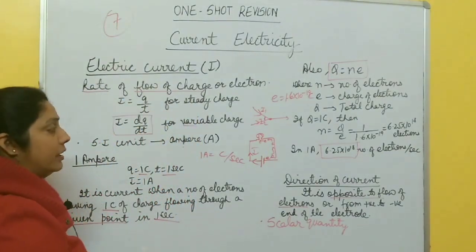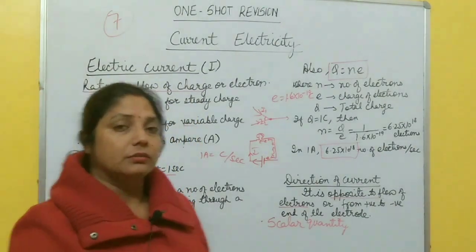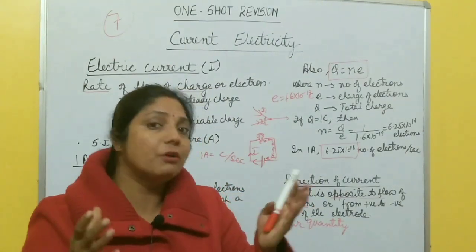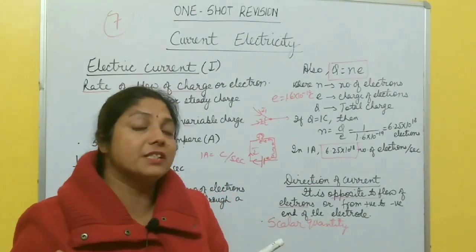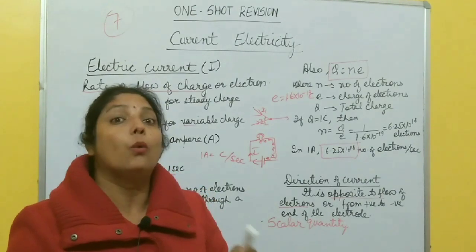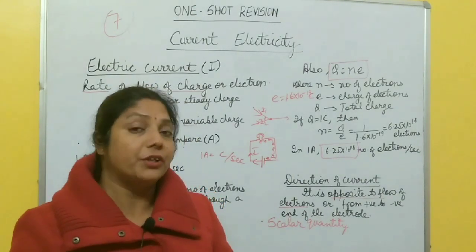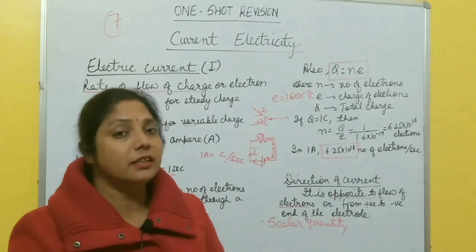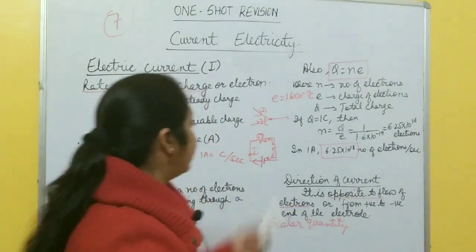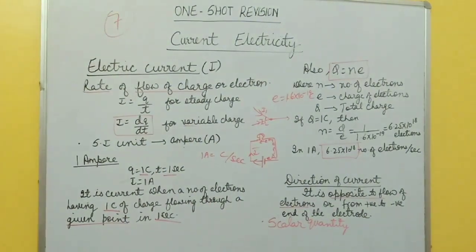After that, the next topic is the flow of charge, the mechanism of flow of charge in a conductor. What happens when charge flows inside a conductor? What type of current is produced? What type of motion of charge is there? So we'll discuss these things. Okay, please take a screenshot of this one fast.